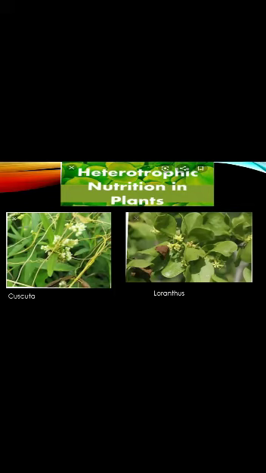These plants do not have any green color or chlorophyll in them. Then what are they doing? They are growing on another plant's body so that they can get food from that plant. This type of plant is called a parasitic plant. For example, Loranthus and Cuscuta. Due to the absence of chlorophyll, Cuscuta is completely dependent upon the host plant. Hence, it is said to be a completely parasitic plant.